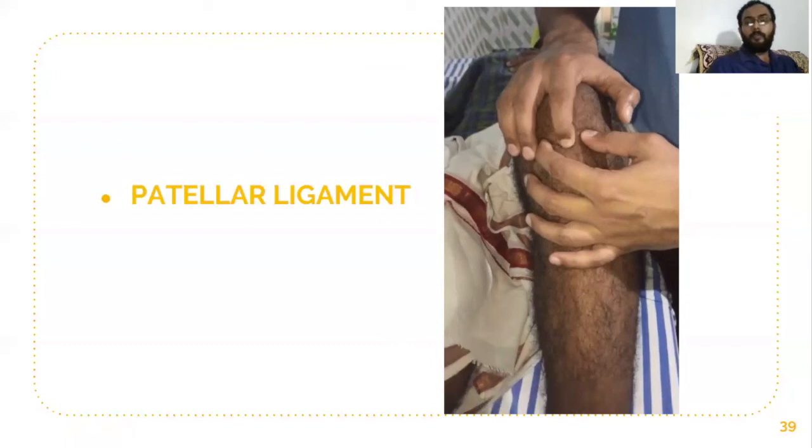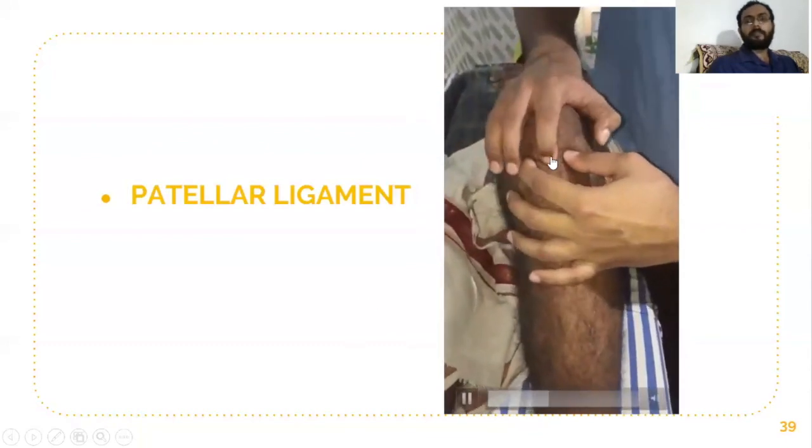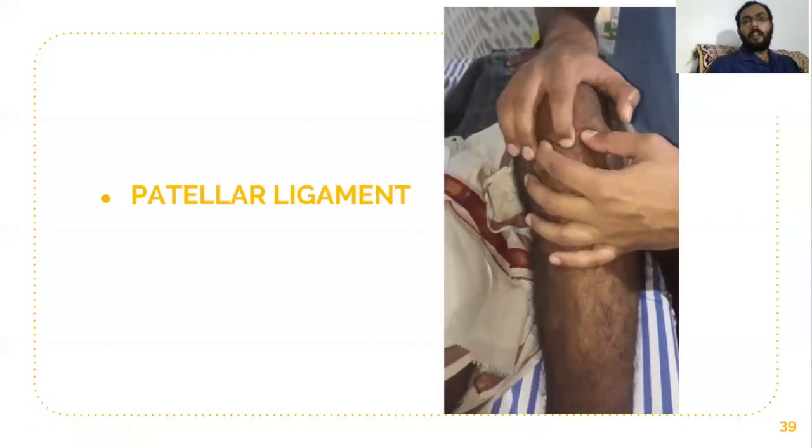And in the age group 15 or 16 to 30, there is a chance of patellar tendinitis, which is very common in runners. We are able to palpate the patellar ligament in this particular position, the 90-degree flexed knee joint. For all these conditions, Sinding-Larsen-Johansson, Osgood-Schlatter, and patellar tendinitis, the clinical examination test is to ask the patient to extend his knee against our resistance. Extension against resistance is the clinical examination test for all these conditions.